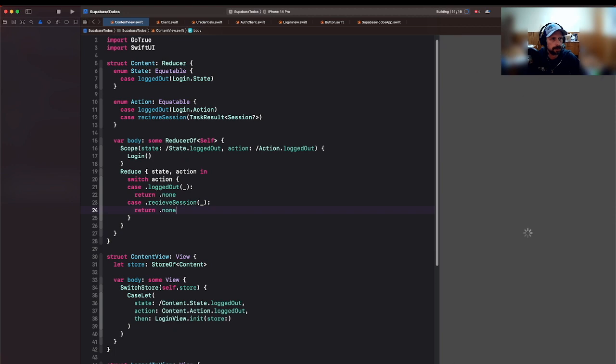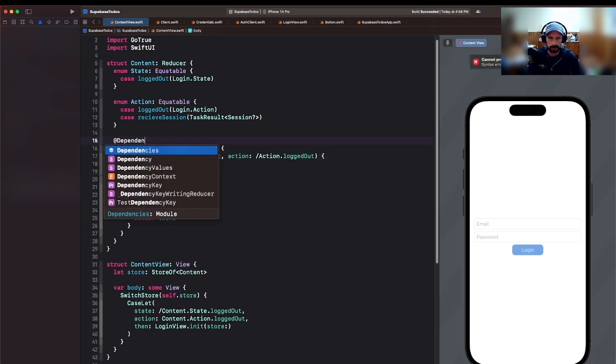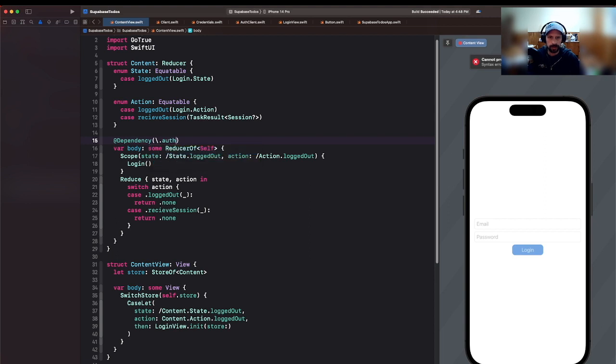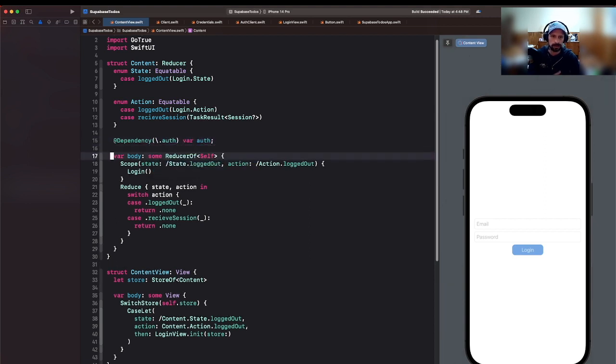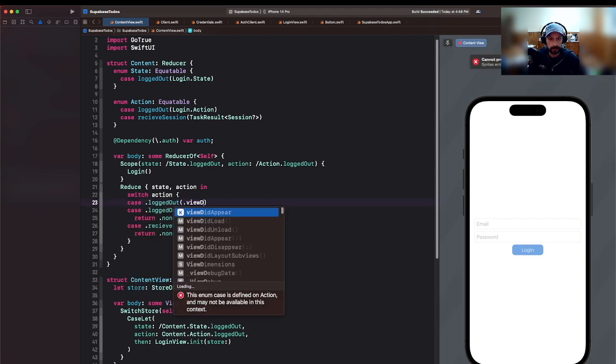Let's see. All right, yeah. So that's building. So let's see. Here we're going to need access to our auth dependency. All right. Then when case.logged-out.view did appear,